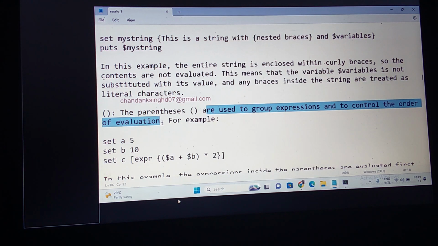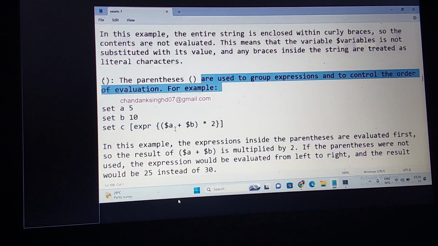If you talk about arithmetic operators, addition, subtraction, multiplication, and division, what is the order of precedence? What do you mean by order of precedence? It will execute from left to right. Highest order goes to multiplication and division. After that, next order goes to addition and subtraction. So what is the use of this parenthesis? Parentheses are used to group the expressions and control the order of the execution or evaluation.